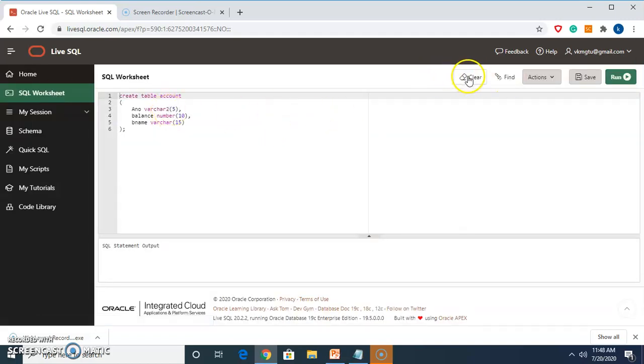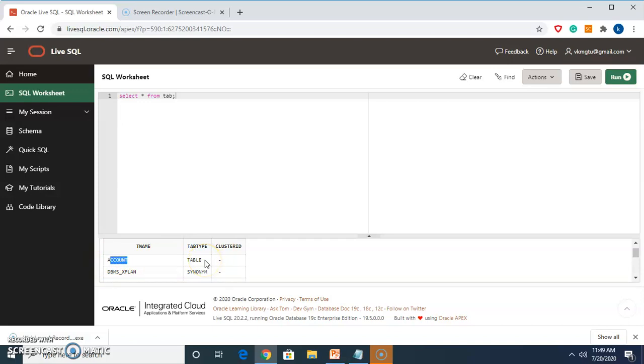Now if I want to see how many tables there are, for that I'm using a select command. So select star from tab. Put the semicolon, run the command. Here the tables which are available in my database will be shown. So my first table is the account table.